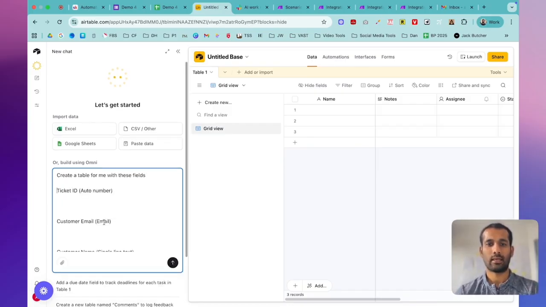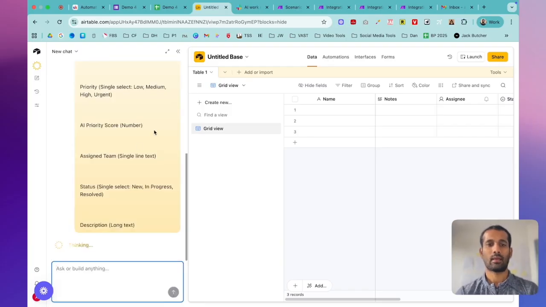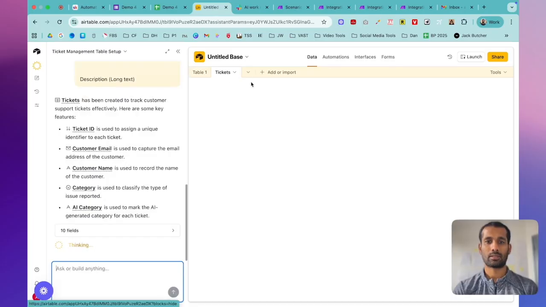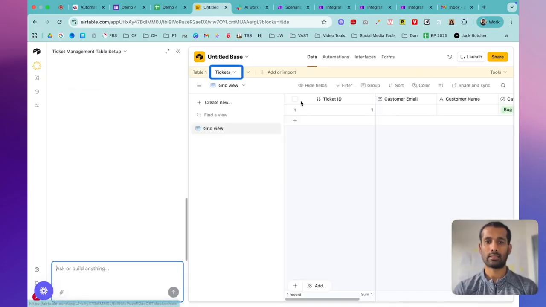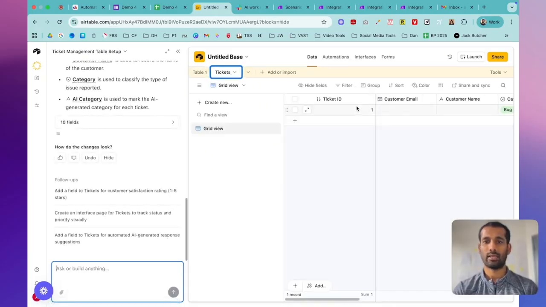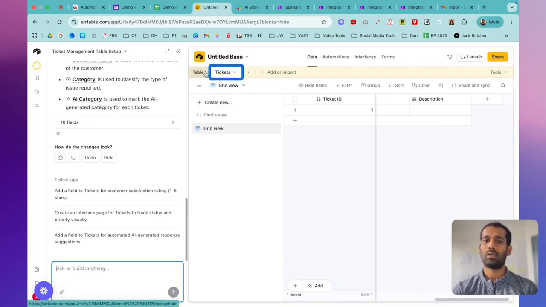Just paste that, hit enter, and let the AI do its thing. Yep, so it's gone ahead and created the tickets table. It has all of our fields: ticket ID, customer, email, name, category, AI category, priority, AI priority score, assigned team, status, description. Perfect. What we could do otherwise is, if the AI fails or you just wanted to do it manually,